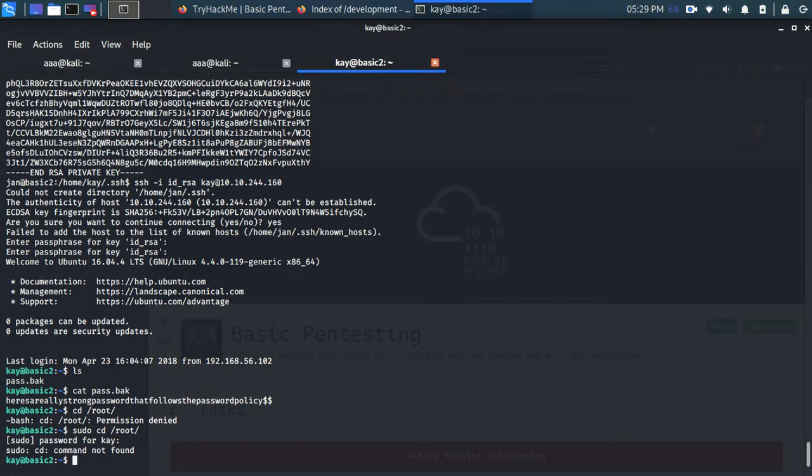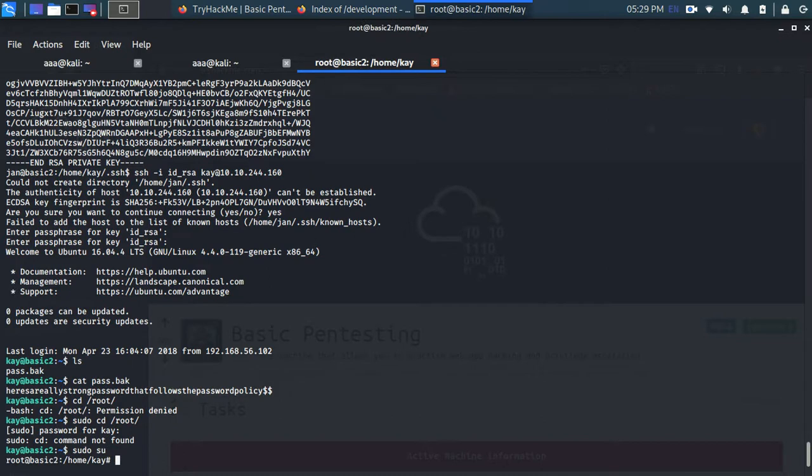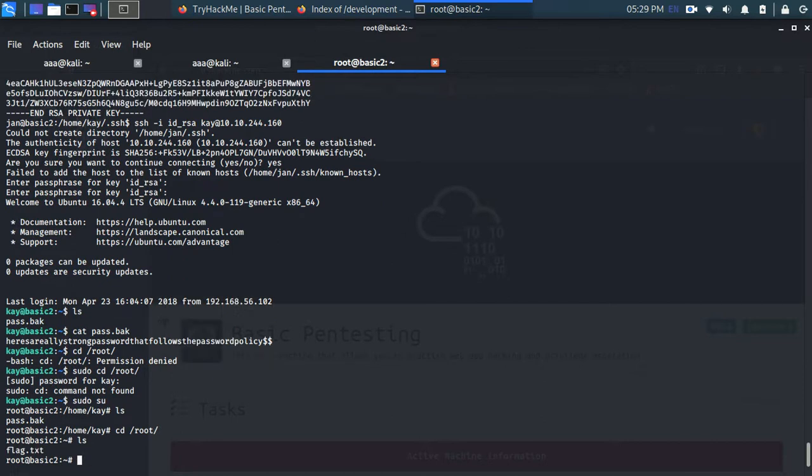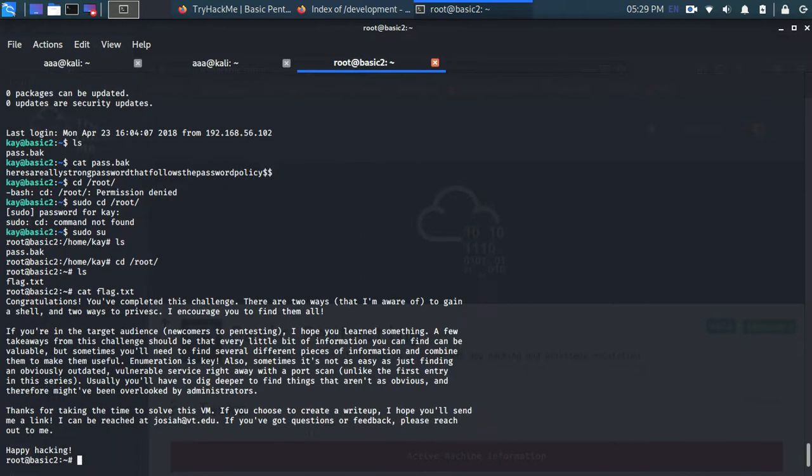Okay, just do sudo su, super user, and let's do ls. Let's go to cd root, let's do ls, and let's even cat this flag, and congratulations, we just completed this challenge, and this feels so good, and yep, it is done.